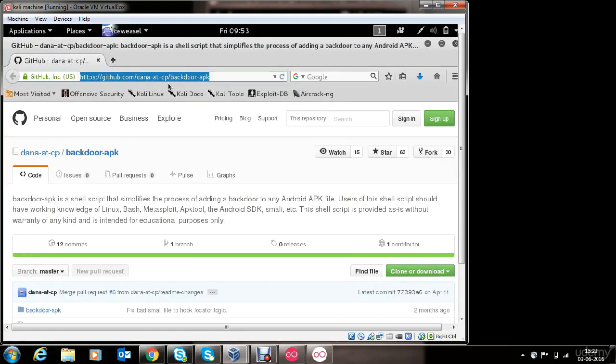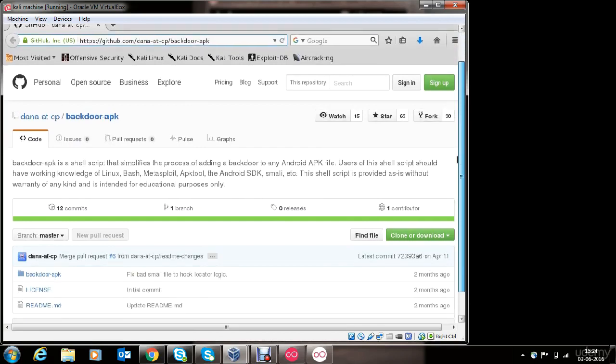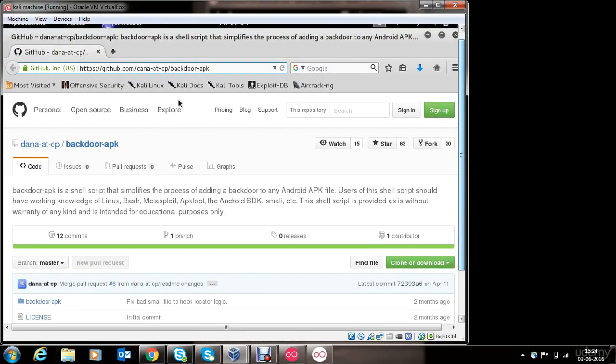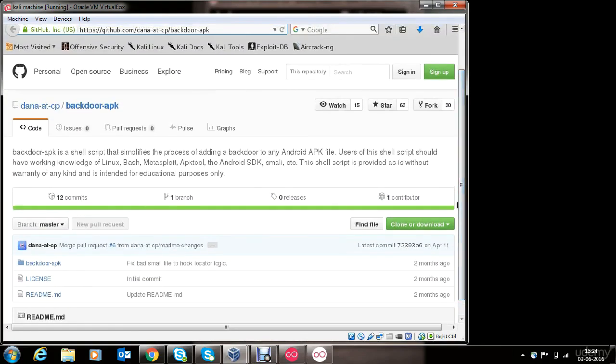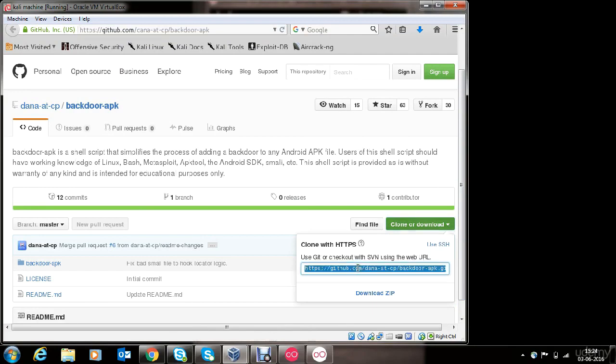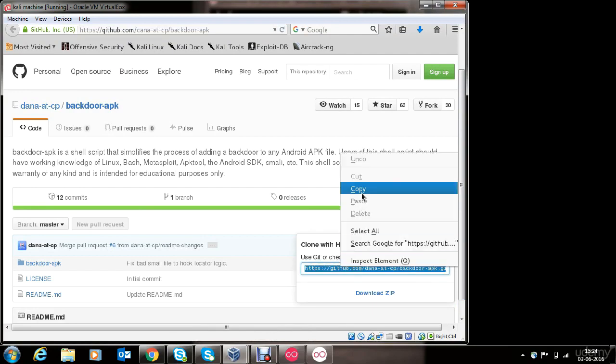This is the URL, this is the shell script which is hosted on GitHub. Take a look at it again. Now let's get this backdoor APK shell script on our Kali Linux machine. We will copy this git address